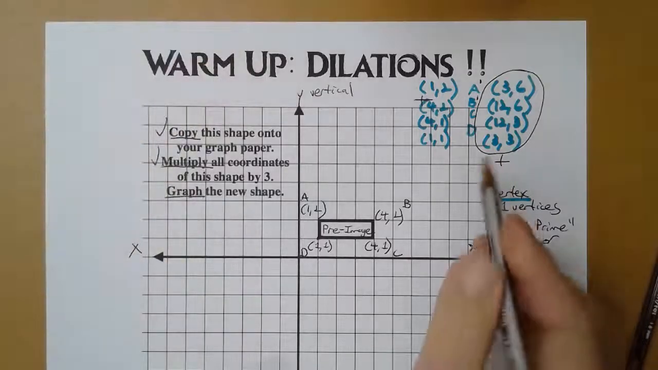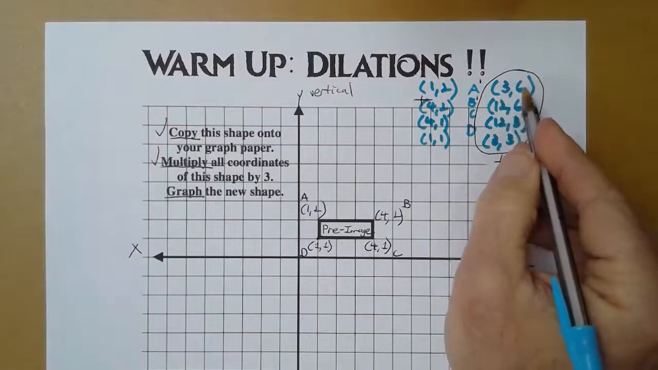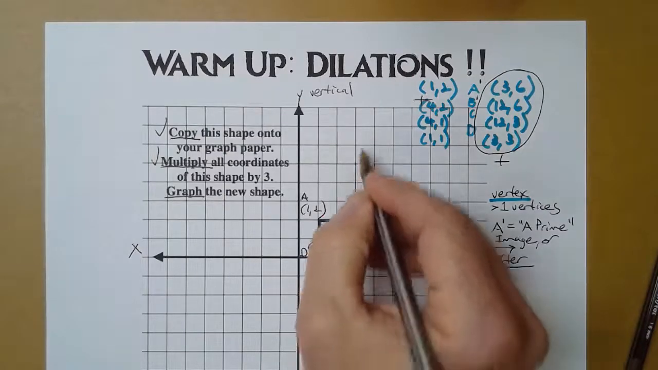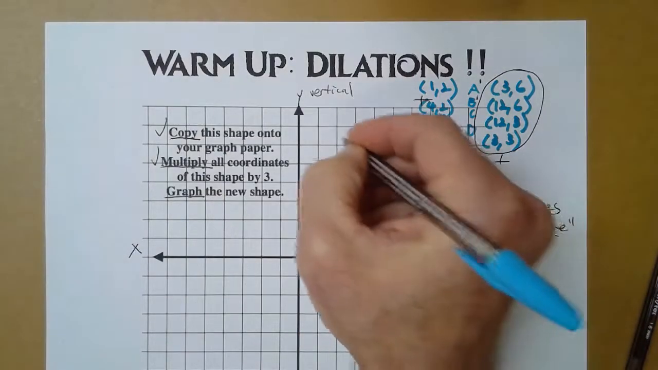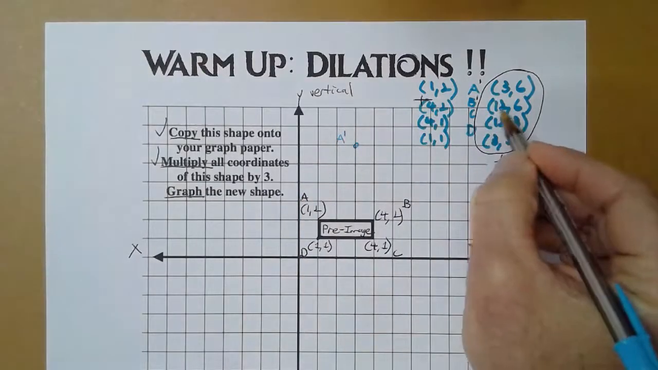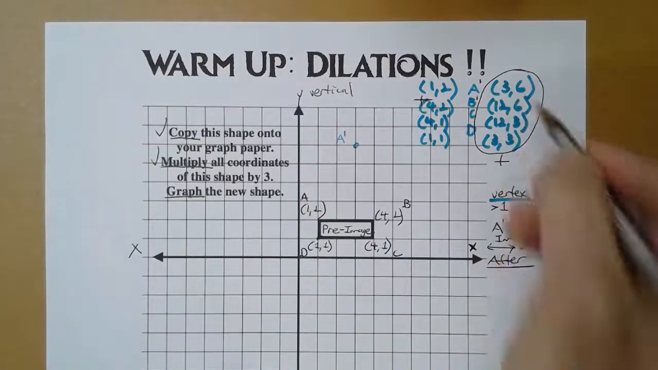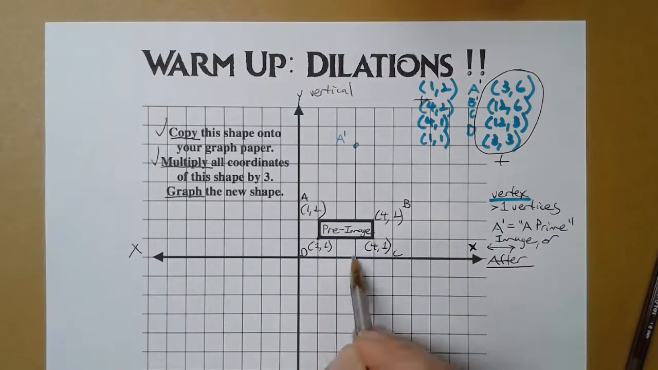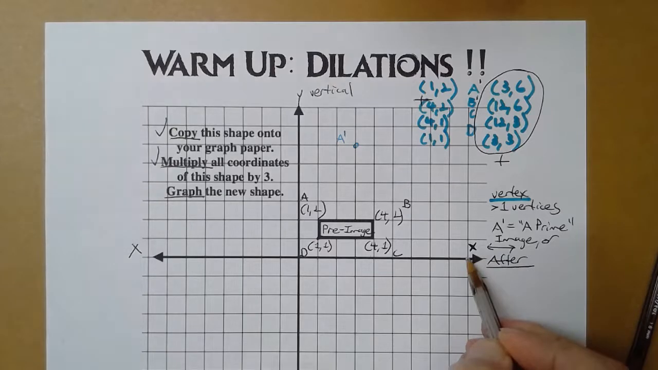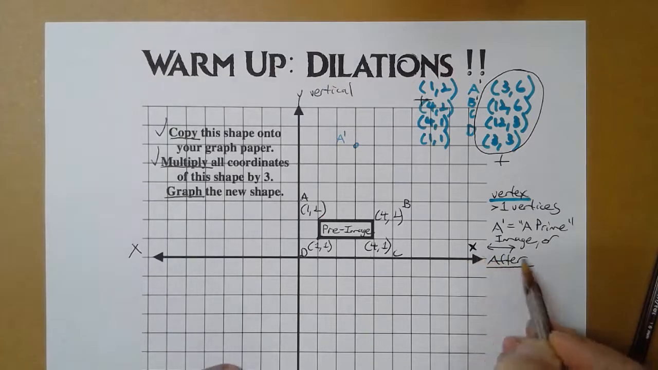Okay? All right, here we go. Let's not stall anymore. A is going 3 over, 3 up 6. 1, 2, 3. 1, 2, 3, 4, 5, 6. There is A prime. B is going 12, 6. Let's go. 1, 2, 3, 4, 5, 6, 7, 8, 9, 10, 11, 12. You think that's about 12? And then up 6,